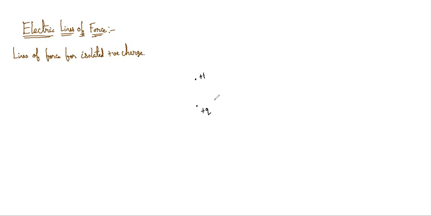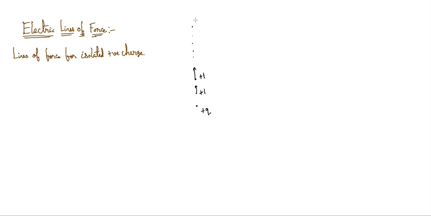It's not coming clearly. Basically, I'm placing a charge plus Q here. And I'm trying to find out what is the direction of electric field around this charge. So this is a +1 charge which I've kept here. So what is the direction of electric field? It will be upwards. Right? Similarly, if I keep a charge +1 here, again the direction of electric field will be upwards. Similarly, as I go along this line, always the direction of electric field will be upwards only.